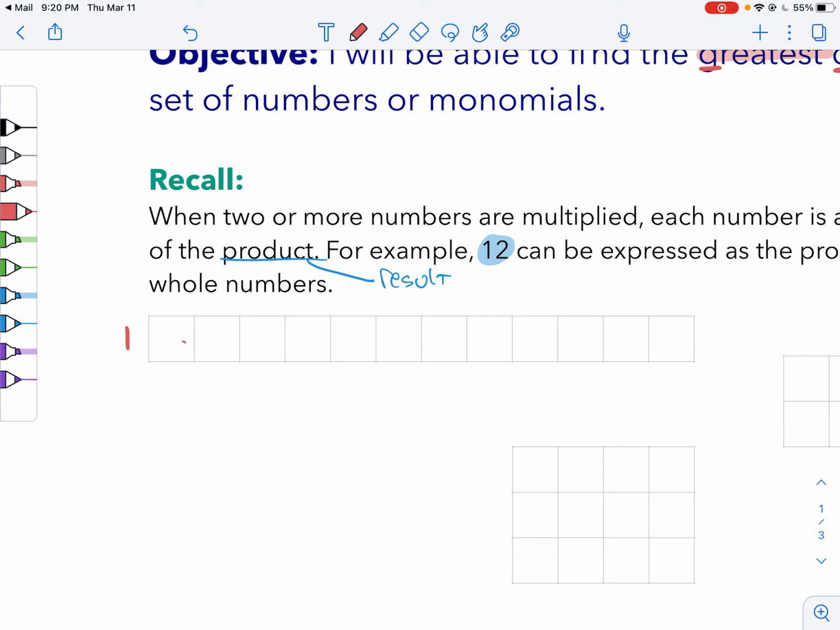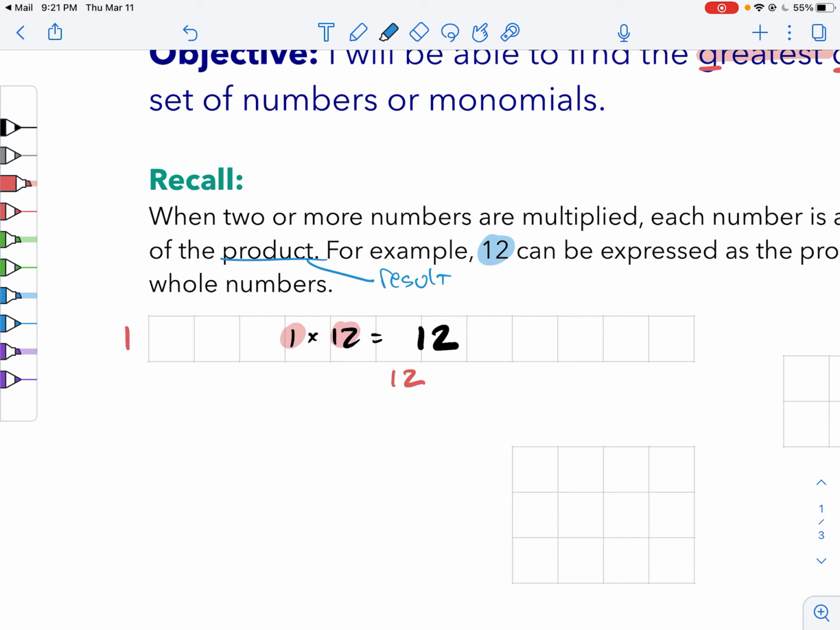And then we go 1, 2, 3, 4, 5, 6, 7, 8, 9. Oops. Did I count that right? That's not even 12, is it? Come on. Talk about struggle. 2, 4, 6, 8, 10. Oh, yeah, no, okay. It is 12 wide